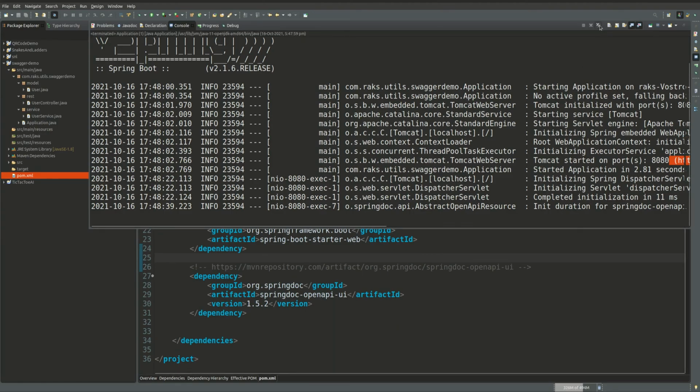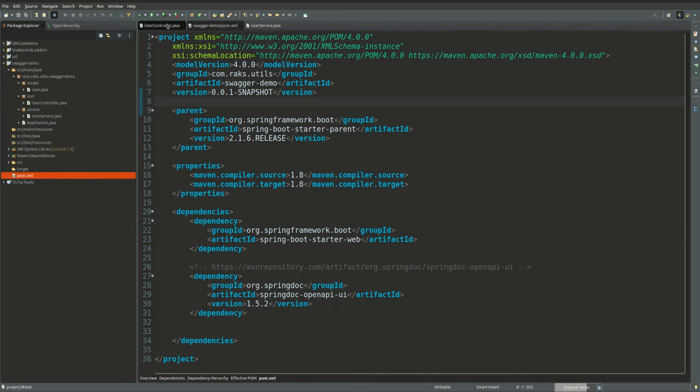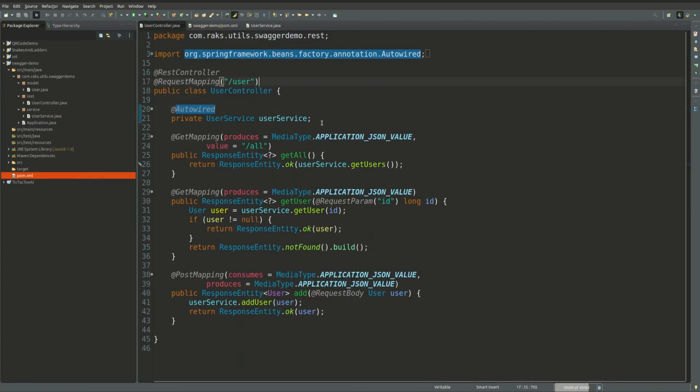Let's get back to our application. The Swagger library also gives some annotations which we can use to enhance or enrich the UI.